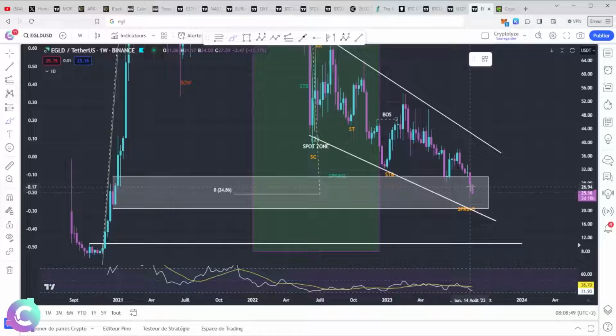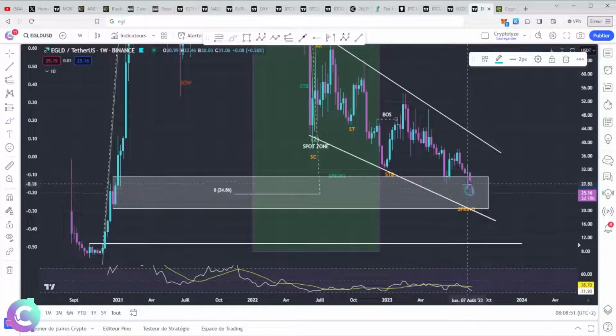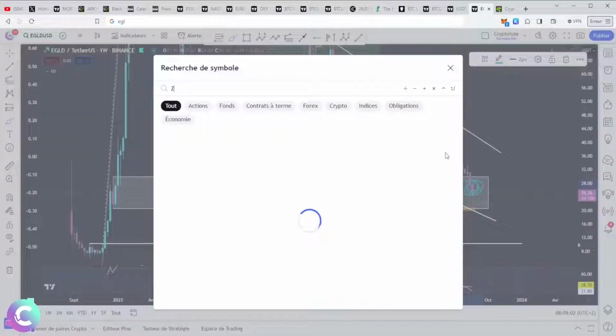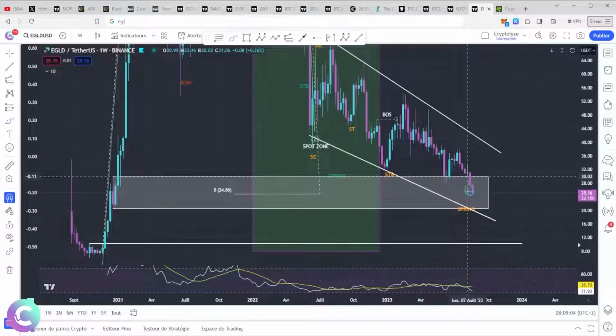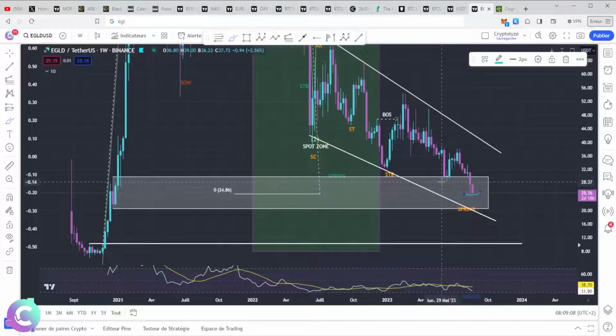We would have had something that would have been more aggressive, a bit like this, but which would have been also characterized on the previous candle. That is to say that we would have had oscillation with potentially a loss of volatility, which is a sign precisely of an accumulation. Here, currently, this is not the case. We have something that is relatively cheap. We're not going to hide it. We have a form of distribution that is being done with, in particular, the rupture here of the previous batch.